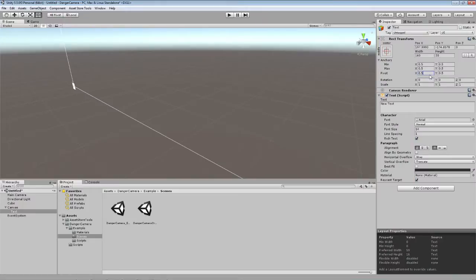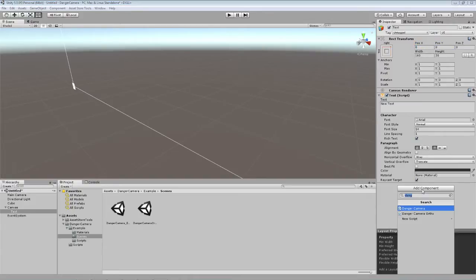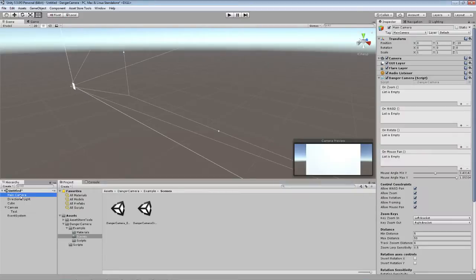I'm going to add some text. Just put this in the top right corner, and I'm going to add zoom listener. Zoom listener is a super simple script, and every time you zoom in or out, it's going to have a number, and that number is going to go up or down. And then, now that I have my zoom listener in DangerCamera, we can go to on zoom, new event, drag the text that has the zoom listener onto this, function zoom listener on zoom. And now when we play,